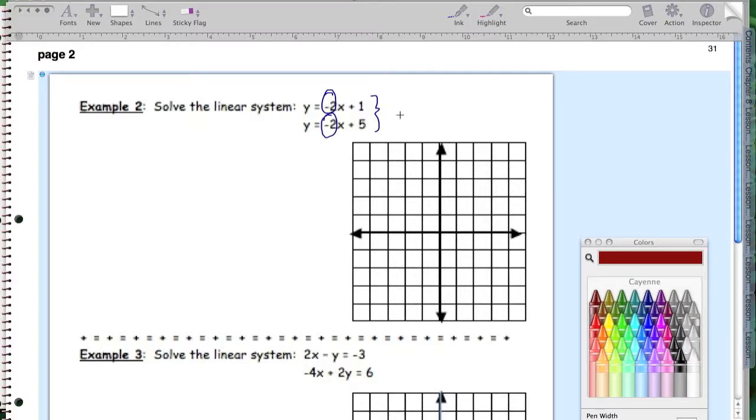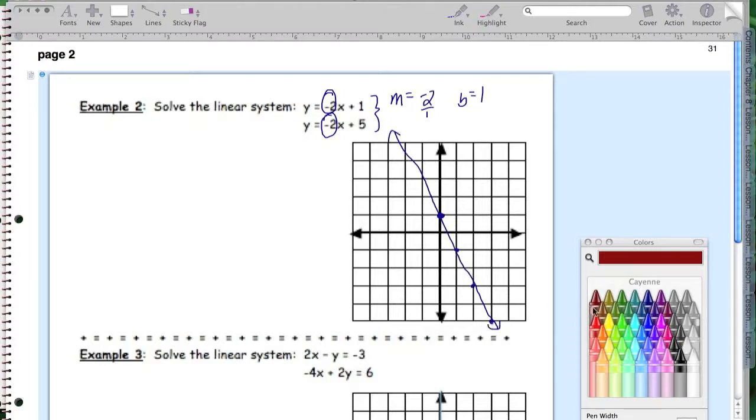So let's graph it, and you are absolutely right if that's what you're thinking. But let's graph it to see. So our slope here is negative 2 over 1, and my y-intercept is 1. So first I'm going to go up 1, and then slope is down 2 over 1, down 2 over 1, down 2 over 1, and so on. So I connect